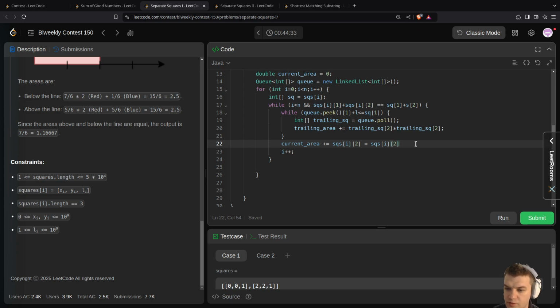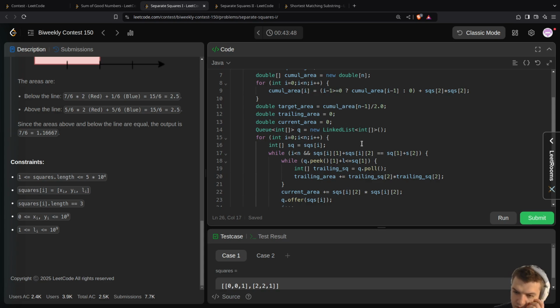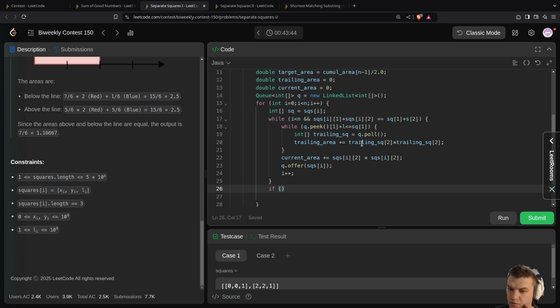and then I need to enqueue the SKS, Q, let's say Q dot offer SQS I. And then as soon as, if current area